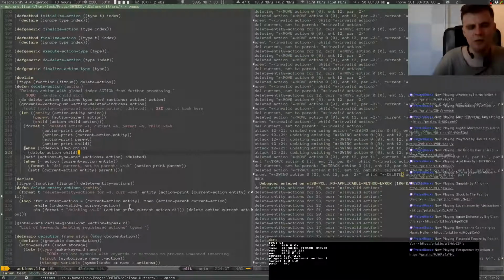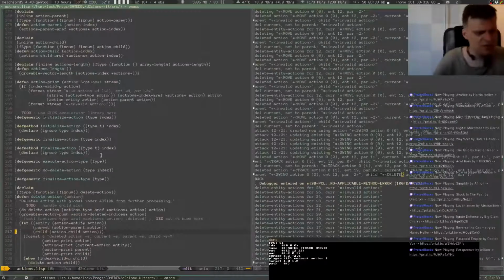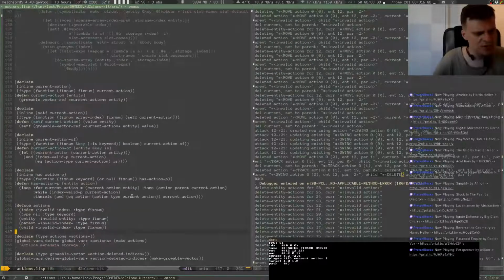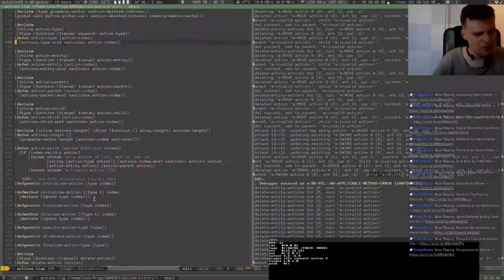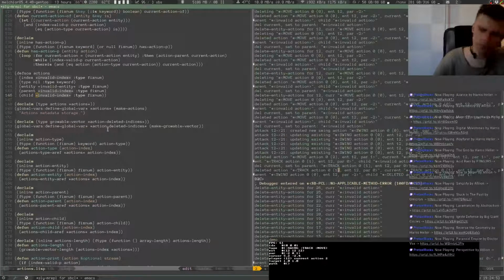But how do I do that without going through all of the actions? Okay, so I think this addition of this child slot hasn't done me any good. Because I still can do double delete,